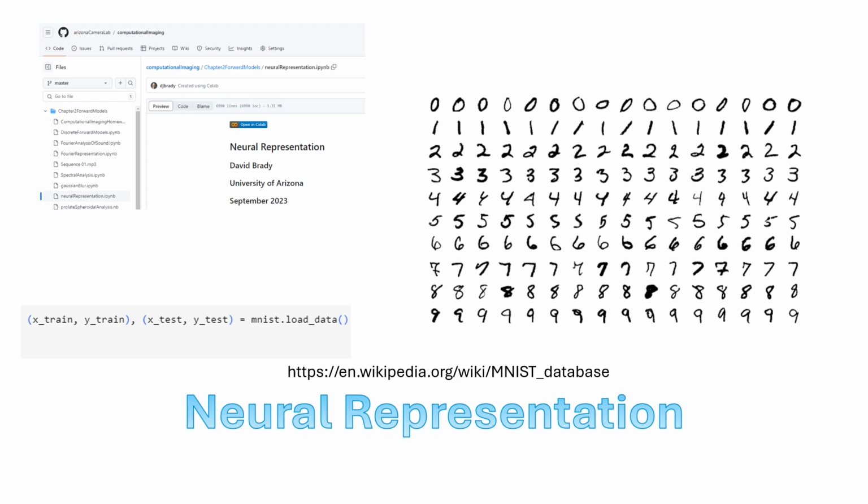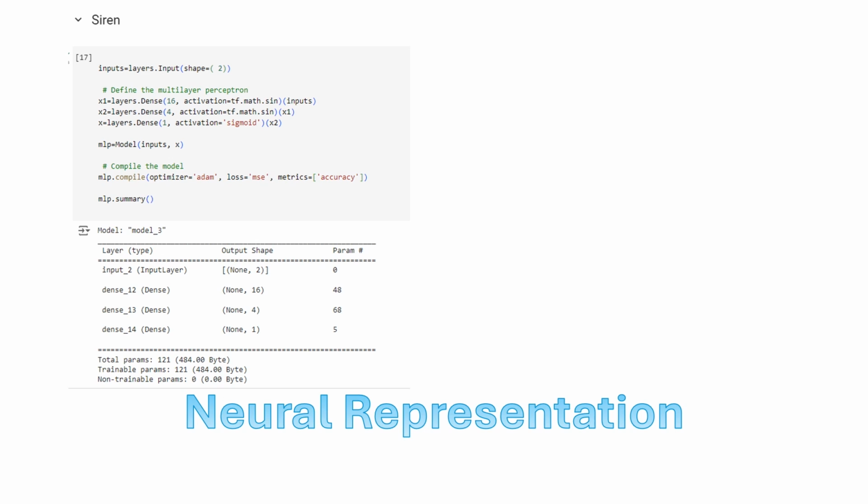With this set of inputs, we can generate a neural network. In this case, this is a sinusoidal representation network. We define a network with layers: 2 inputs, then 16 neurons in the first layer, then 4 neurons in the second layer, and then 1 neuron in the output. We're going to try to train this network to generate a digit from the inputs x and y. So this is our network. It turns out to have 121 trainable parameters, and we want to use those 121 parameters to generate our